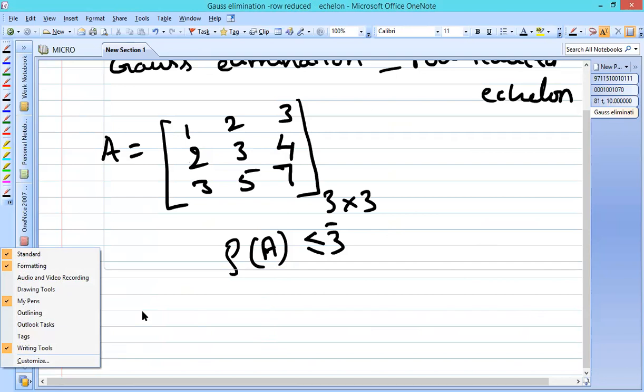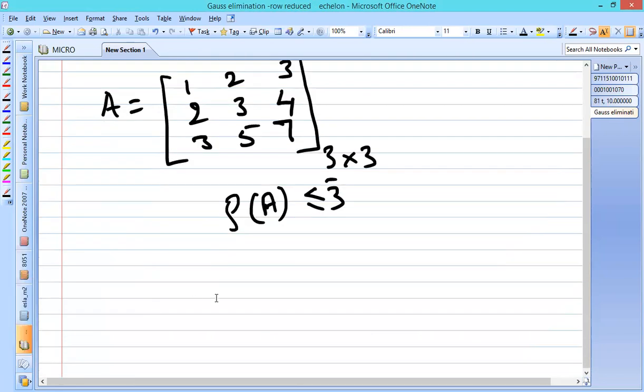So here we have the matrix A. Now I'm going to apply the transformations. We have to convert this matrix into echelon form in such a way that you get zeros in the bottom rows. You have to start getting the zeros from the bottom rows. In such a way you need to perform the operations.